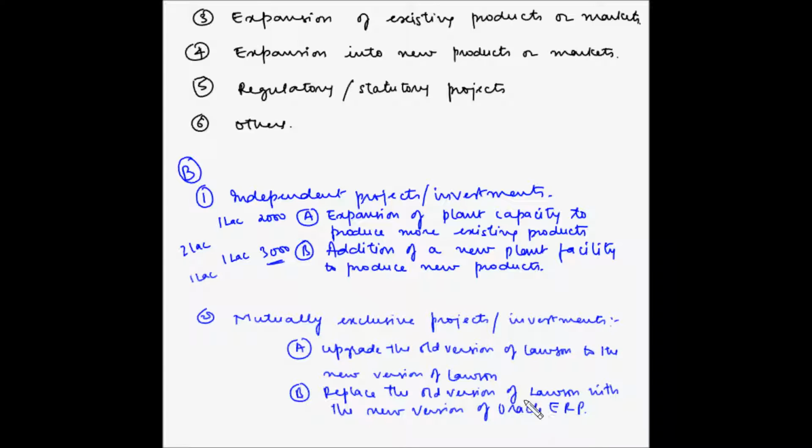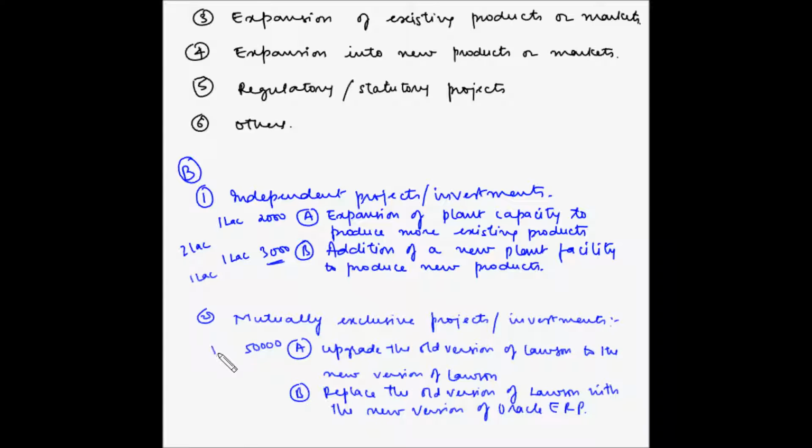So basically here we are replacing the complete ERP system with a new ERP system. Now, basically only one of these two can be done, because if you have Lawson ERP, then you can't replace it with Oracle. Now let's say the first project has an NPV of 50,000 rupees